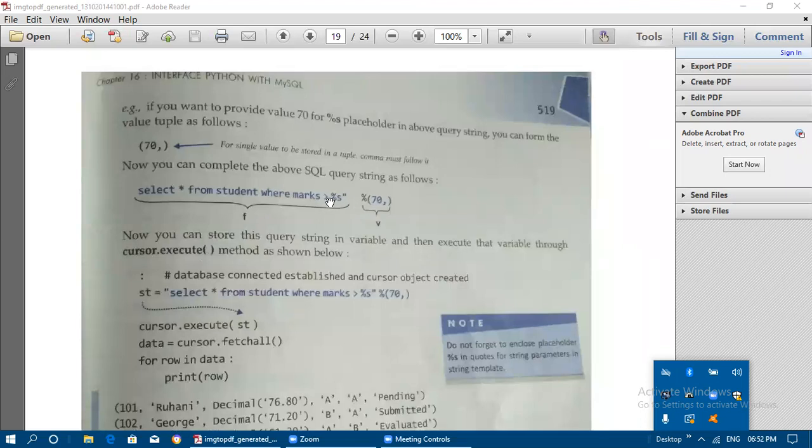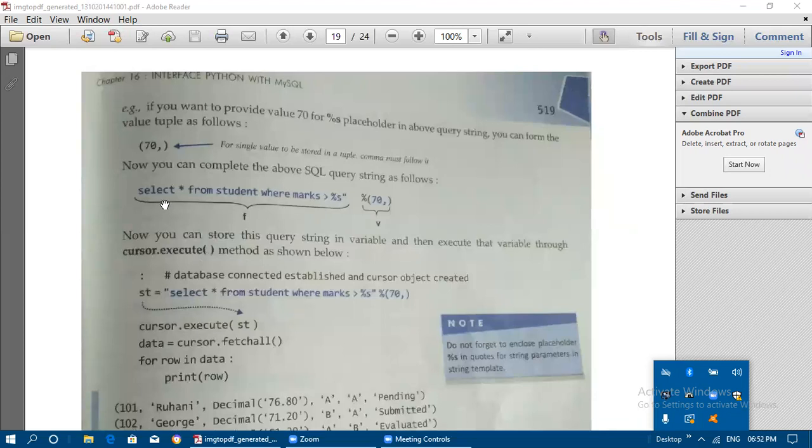Whenever we give some conditions, it should be given in this format, the template followed by percentage v, and passed inside cursor dot execute. Then only according to this condition will the result set be extracted in the cursor instance.